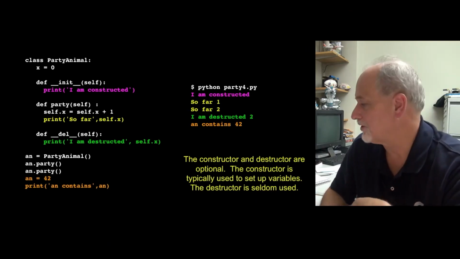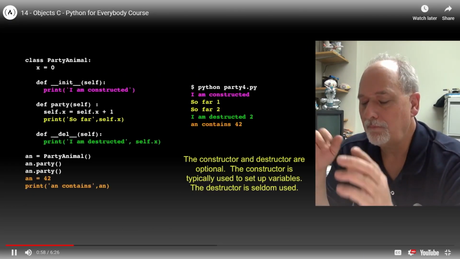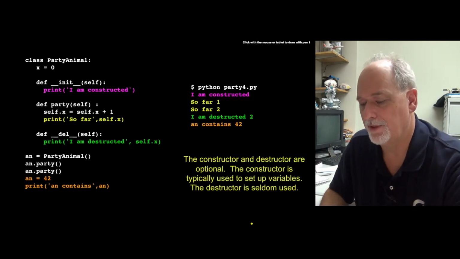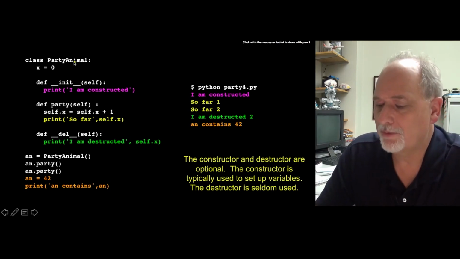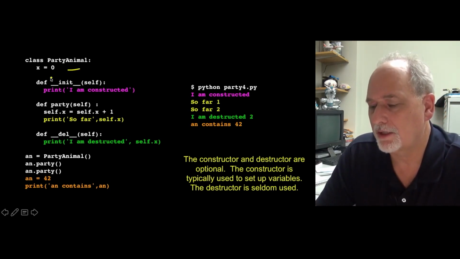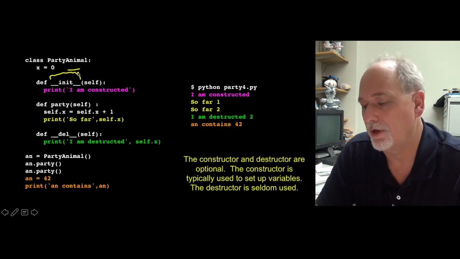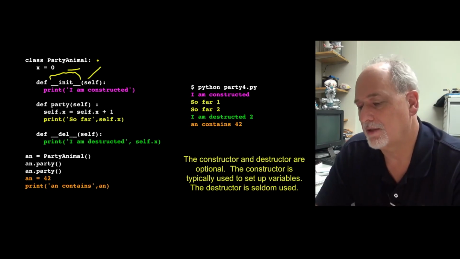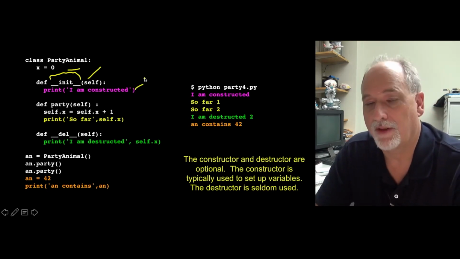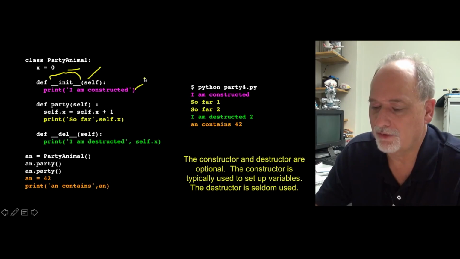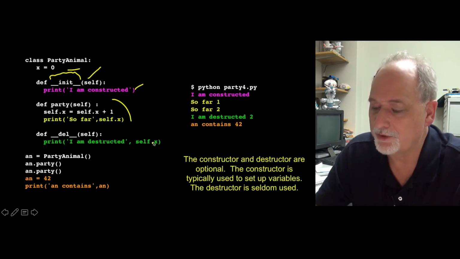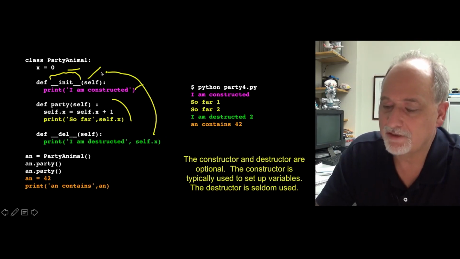It's our party used very rarely. So here's a bit of code that we've got. It's our party animal, and a lot of it is the same as what we've been doing so far. So we have this variable x, and the constructor has a special name, underscore, init, underscore. Again, we pass in the instance of the object, self. And in this one, all we're going to do is print out that you're constructed. And here's this code that we've had before. And now we have underscore, del, and then we pass in self. And we'll just print out that we're being destructed and what the current value of x is for that particular